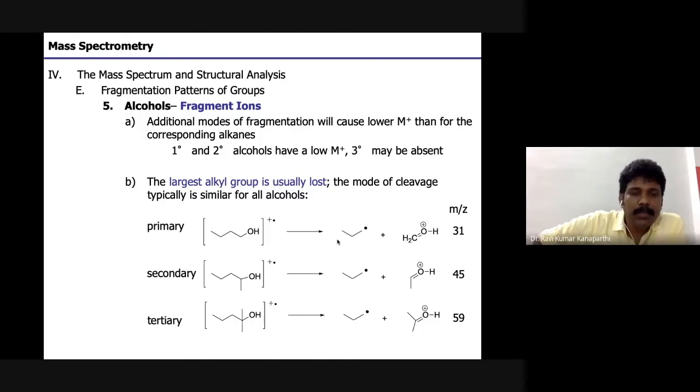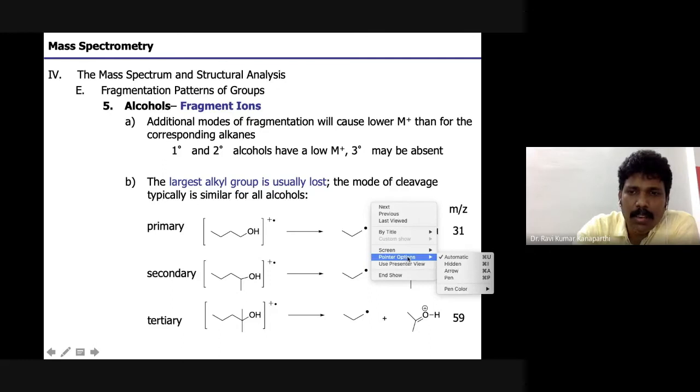And then the largest alkyl group will leave as a radical. That is a very interesting and important point one should remember. The longest or largest group will usually leave as a radical, leaving the other one as a carbocation. So the best example, a very unique signature of an alcohol, is